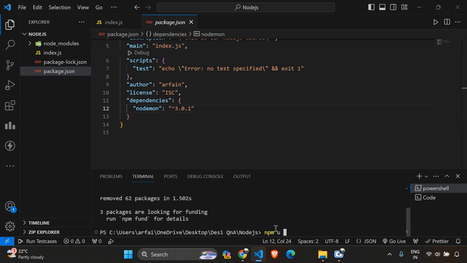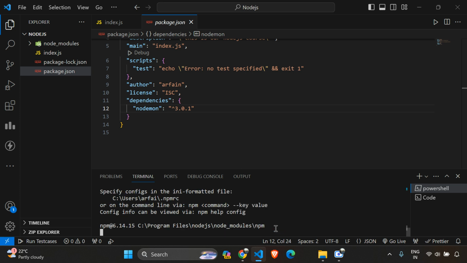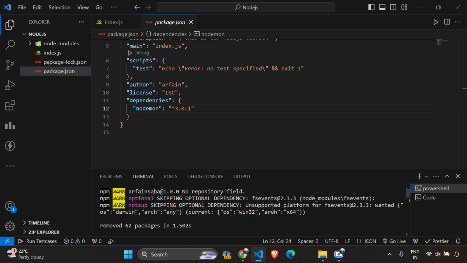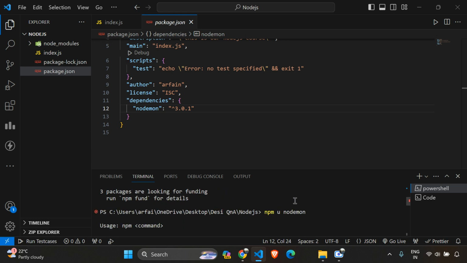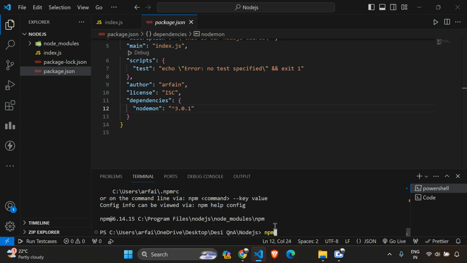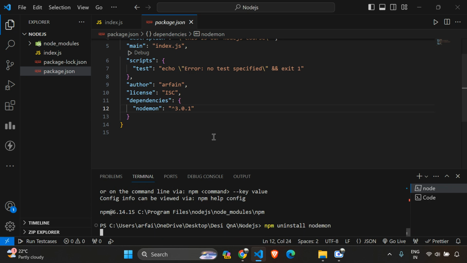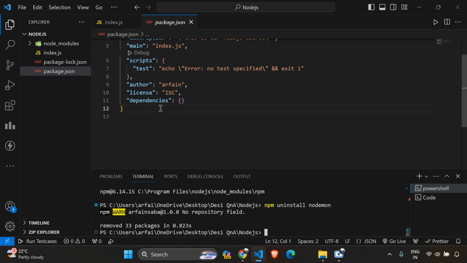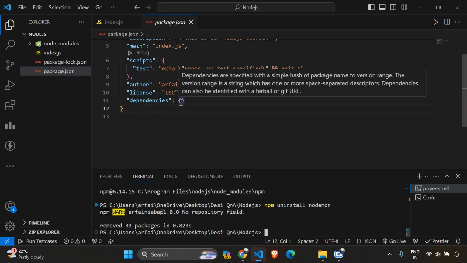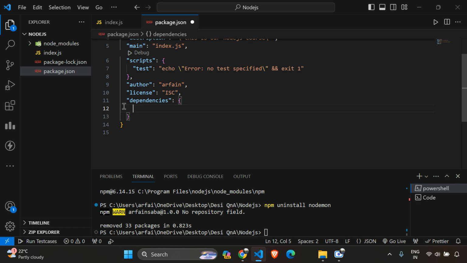Let's see if we can use npm u over here by uninstalling our nodemon. So npm u is not available. We should use npm uninstall nodemon. If I do so, you can see even this nodemon will be deleted, and our dependency array is just an empty array.